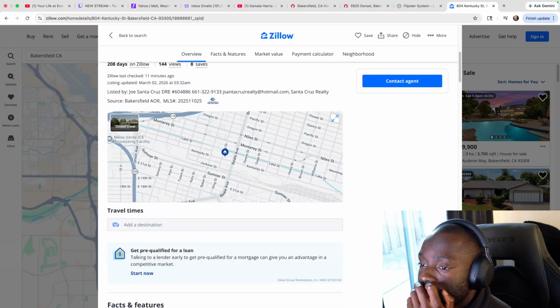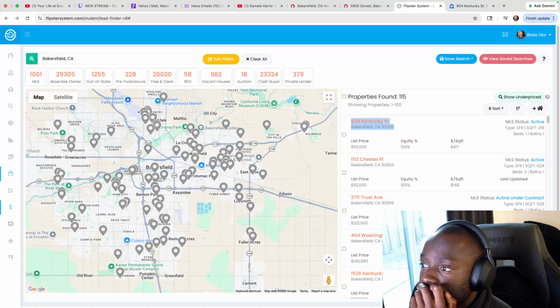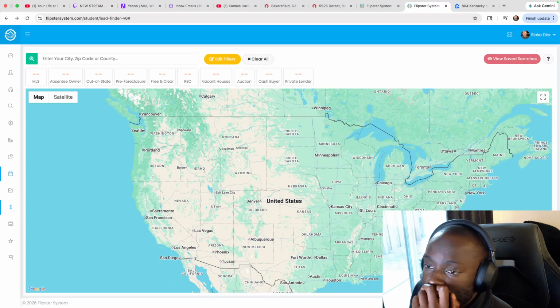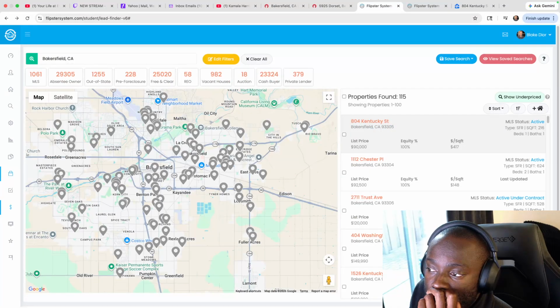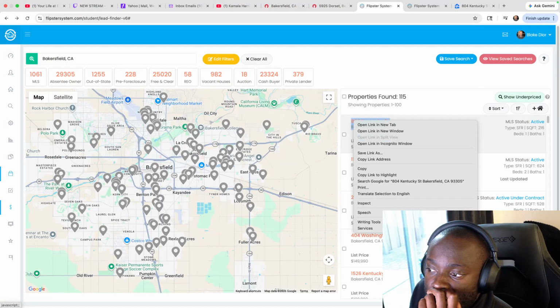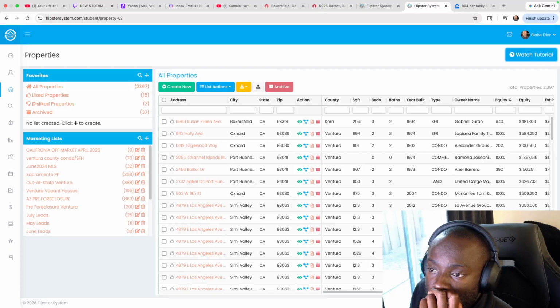Do I call? Well, let's analyze. We want to do a duplicate because we want to keep this page here. Do we waste time on this home? Let's see if we have a deal.